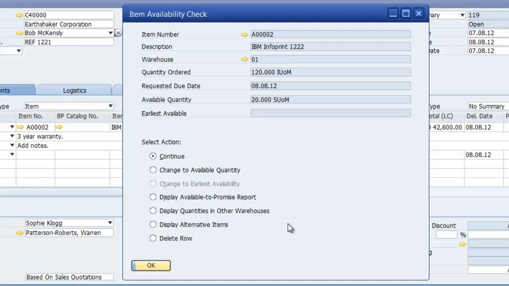Do I want to display alternative items? So as an example, do I want to have a look at an item which may be a close match to the IBM InfoPrint 1222? And I can call my customer and say, I don't have enough to fulfill your order, but would you like to consider this alternative item? Let's just have a look at our